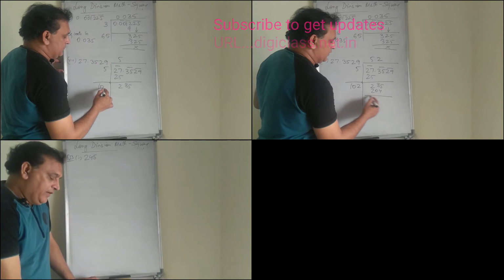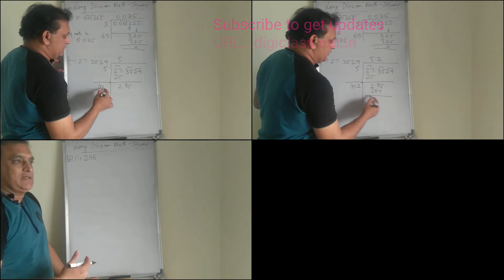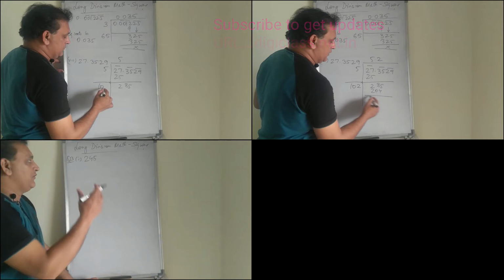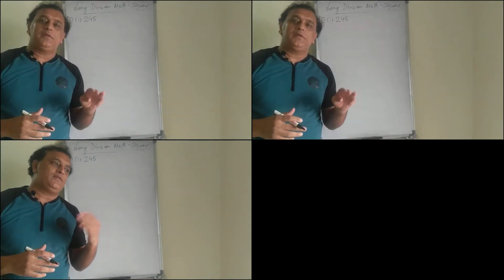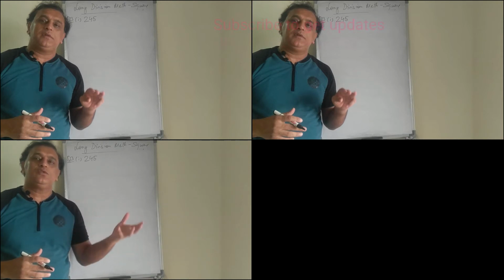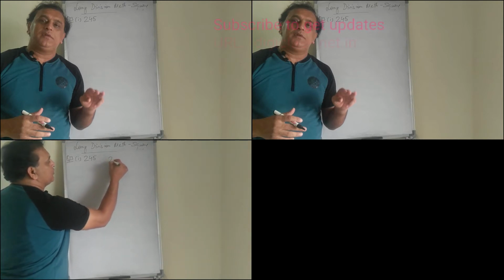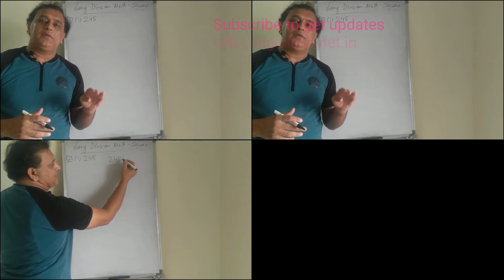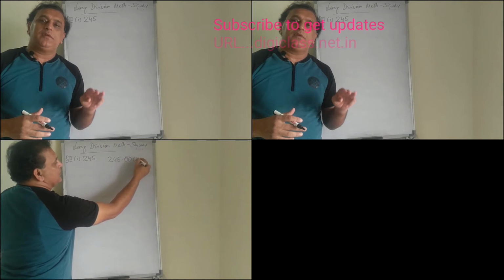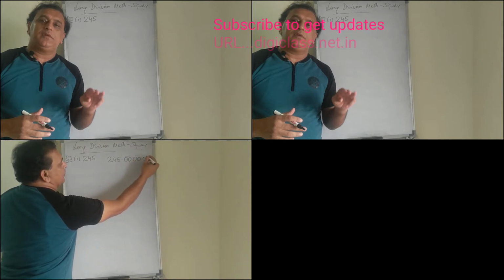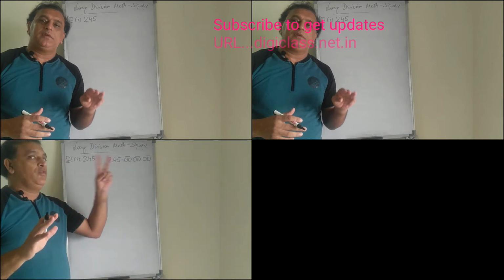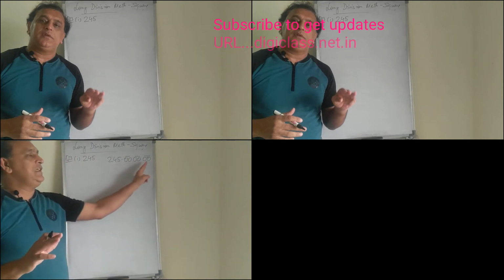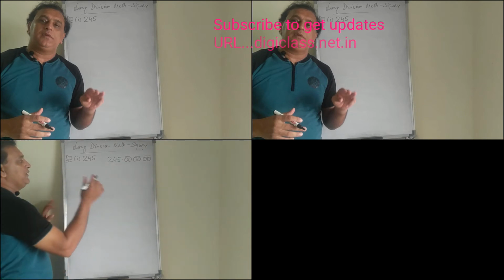So just remember, whenever we have to find up to 2 decimal places, then after the decimal of the number you have to take 3 pairs of numbers. If the numbers are given, it's fine, otherwise you have to add zeros to it. For example, in this particular question, if it is 2, 4, 5, place the decimal. After the decimal, 3 pairs of numbers or zeros. If the numbers are there, fine, otherwise take zeros. This is the first step, a very important step. For 2 decimal places, take 3 pairs of zeros. Now we will solve it.